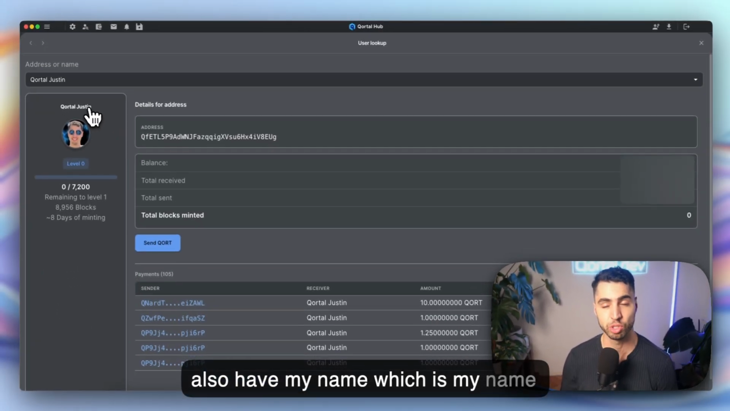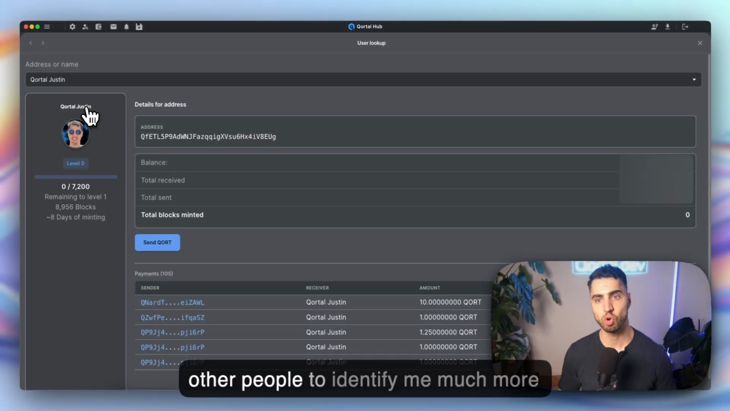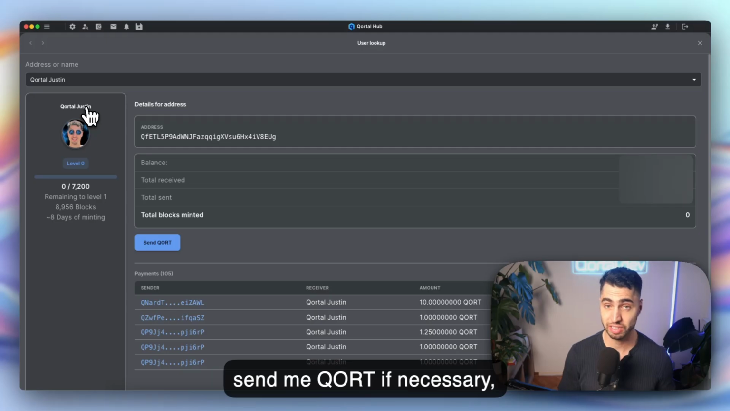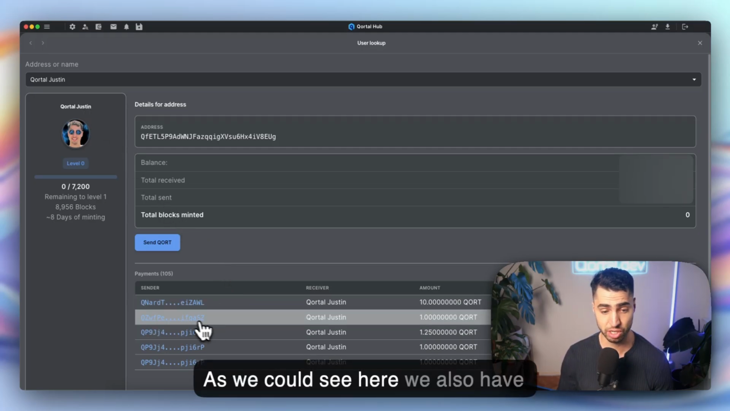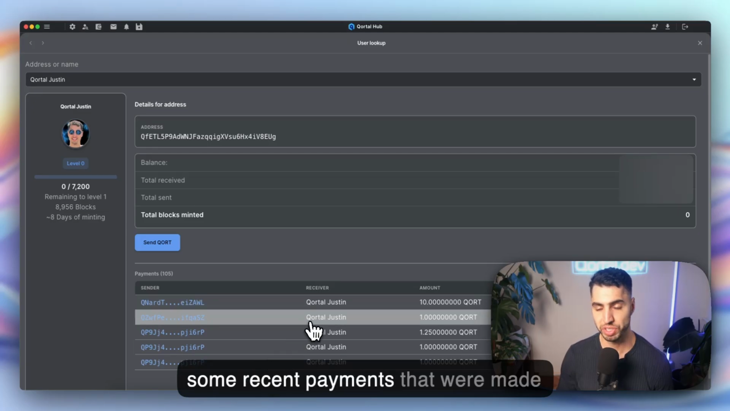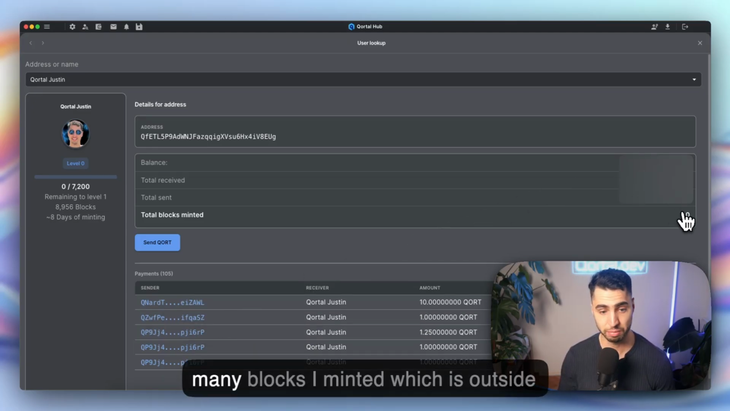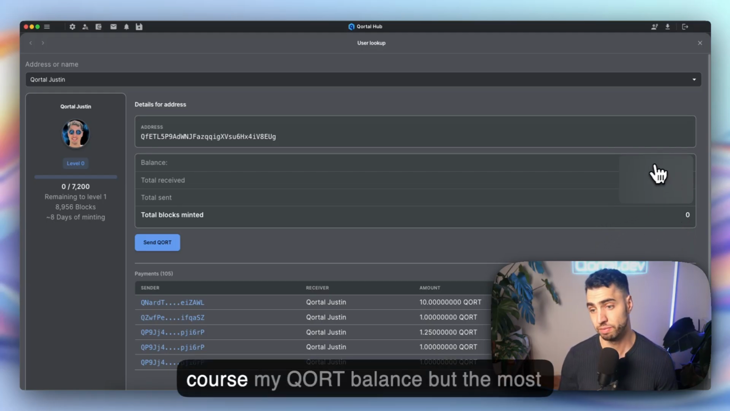So you could see I have my public address, which I can copy here, but I also have my name, which is my name on Qortal, Qortal Justin. This allows other people to identify me much more easily and be able to send me data, send me QORT if necessary, communicate with me, and so much more. As we could see here, we also have some recent payments that were made to my public address, as well as how many blocks I minted,